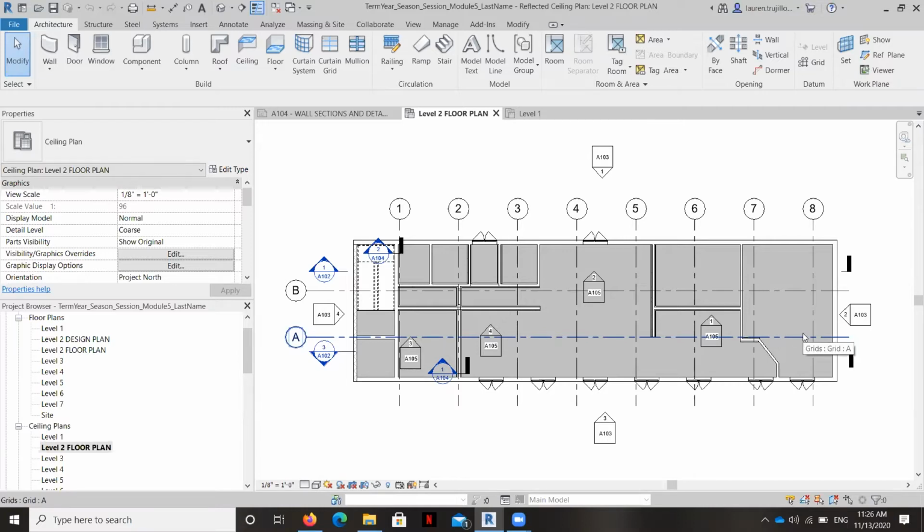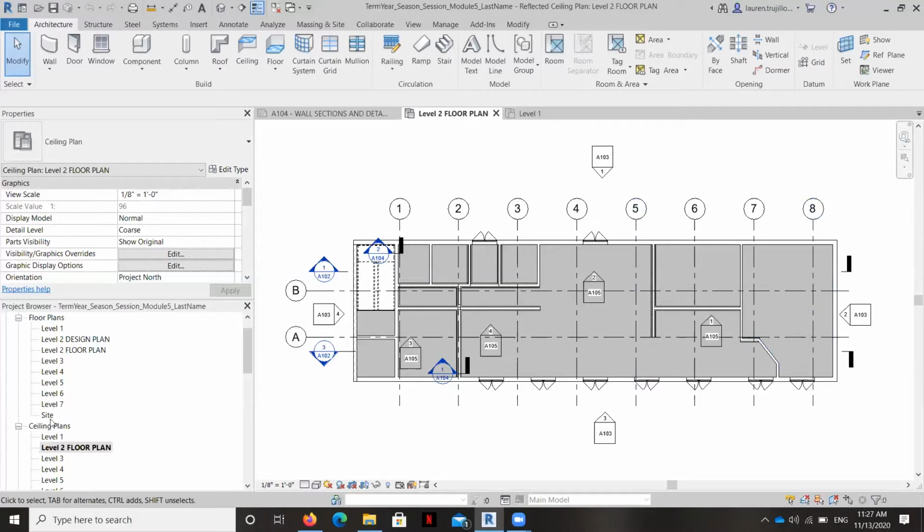You may hear me refer to this view as an RCP, which stands for Reflected Ceiling Plan, which is what you would see if you were to lay on the floor and look up. Although it is up to the designer to decide whether he or she is just going to show what you would see if you lay on the floor and looked up at the ceiling, or if you wanted to add additional components like electrical outlets and data outlets and things like that. So for right now, you'll hear me say RCP.